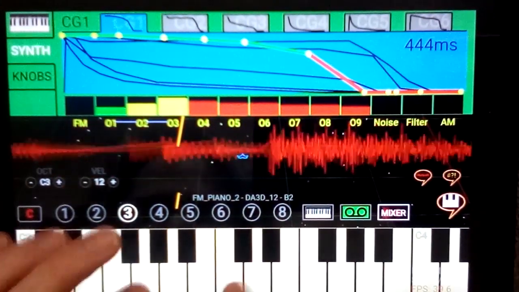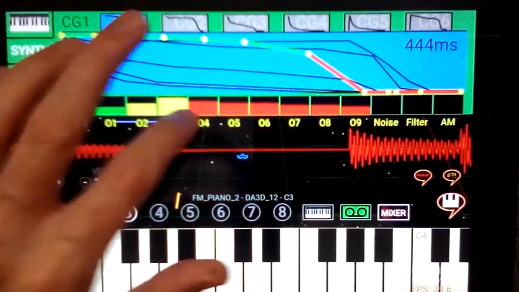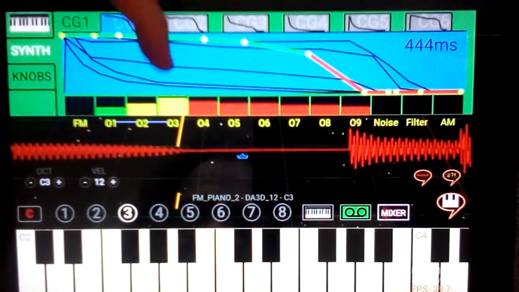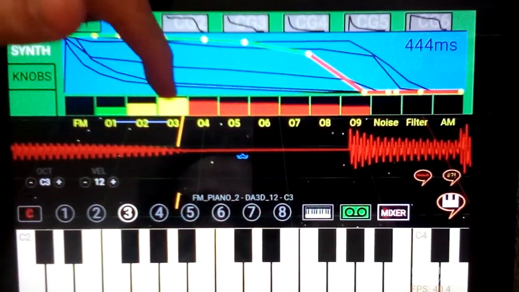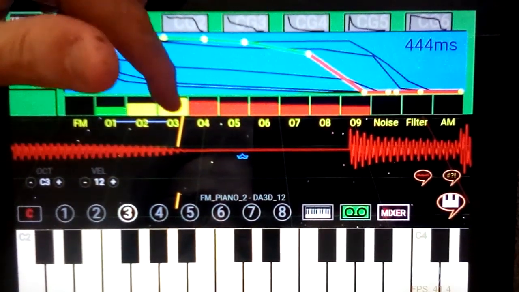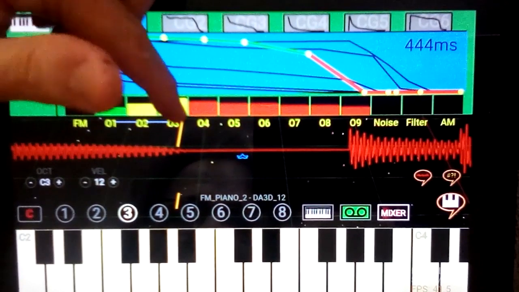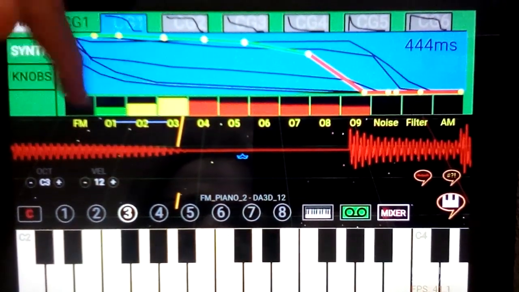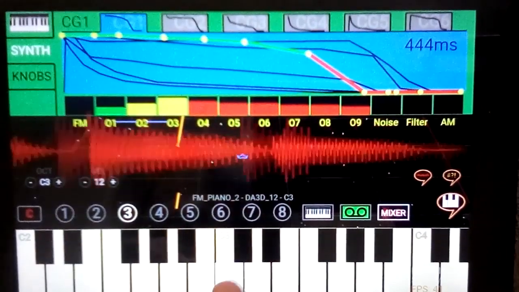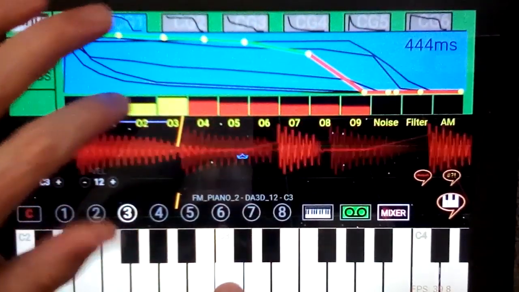So this instrument, it uses 3 oscillators, but these little blue lines tell me that it's in FM synthesis mode. So this is the carrier, so oscillator 3 is the only one we're actually hearing. But oscillator 2 is modulating the frequency of oscillator 3, and oscillator 1 is modulating the frequency of oscillator 2. If I increase the amount of modulation,